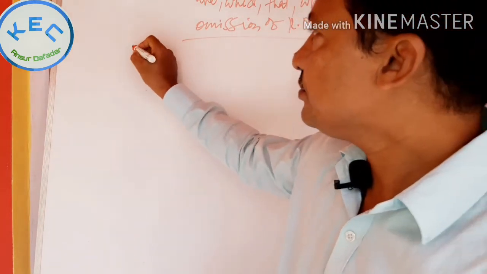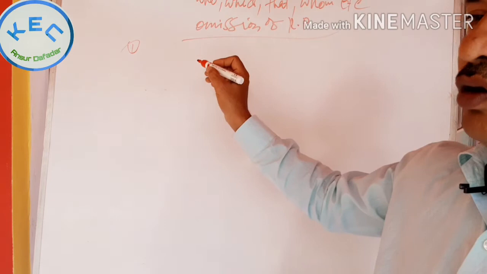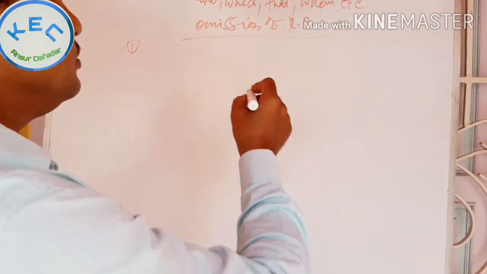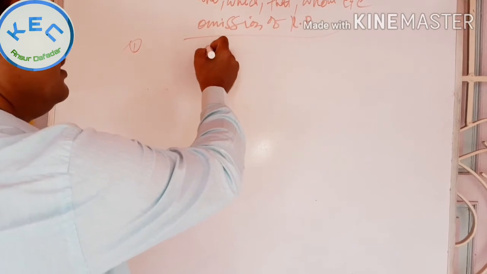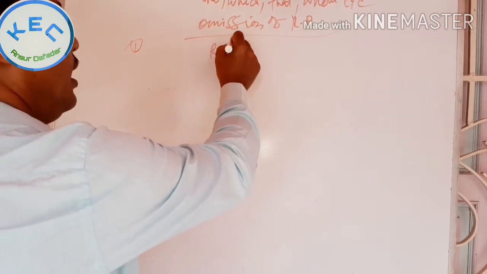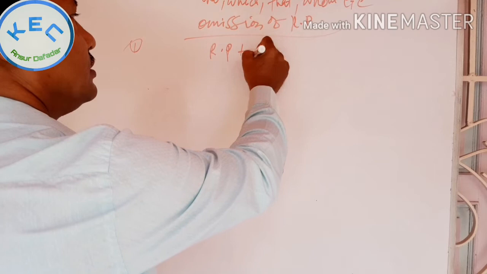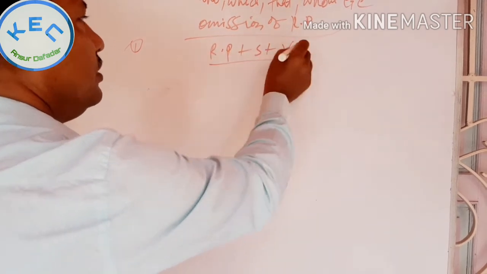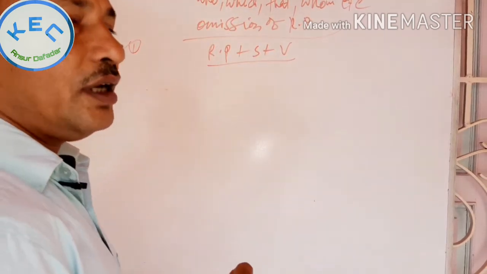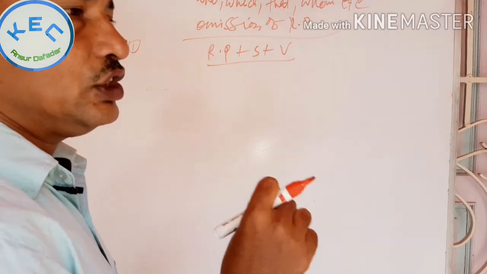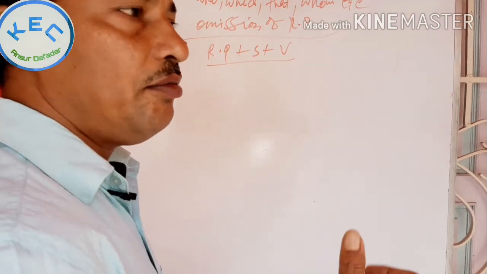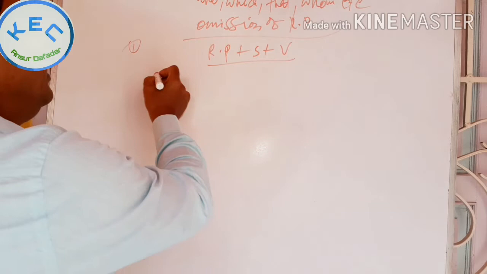Situation 1, when the structure of the relative clause sentence is like this: RP plus subject plus verb. Then in this situation we may omit the relative pronoun. Example: